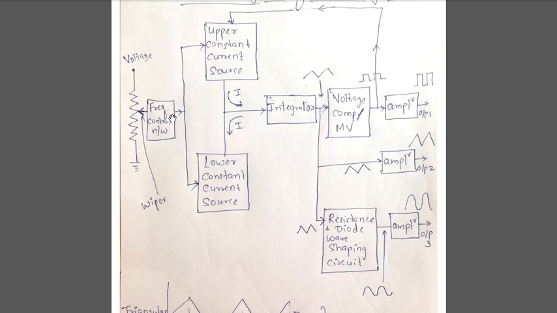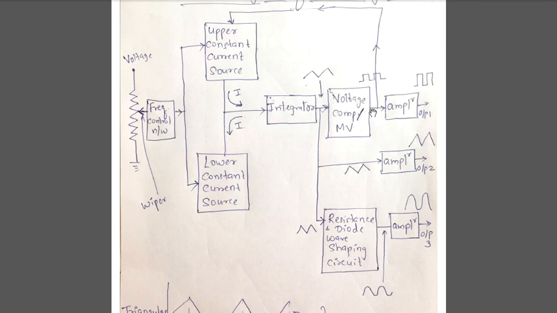So that's a potential divider circuit, and with the help of this potential divider circuit, it then goes to the frequency control network. The output of the frequency control network is in turn going to two blocks. If you can see, this block is the upper constant current source, and it is also going to the lower constant current source. And then the output of the upper current source and the lower current source, both outputs are going to the next block, which is called the integrator. This also we have studied in the earlier videos. The output of this integrator is then going to the voltage comparator or the Schmitt trigger, which also we have seen in the earlier videos.